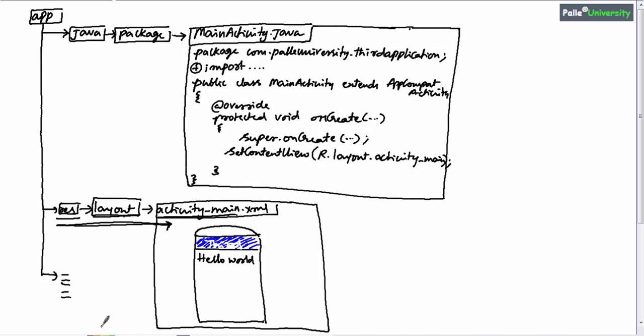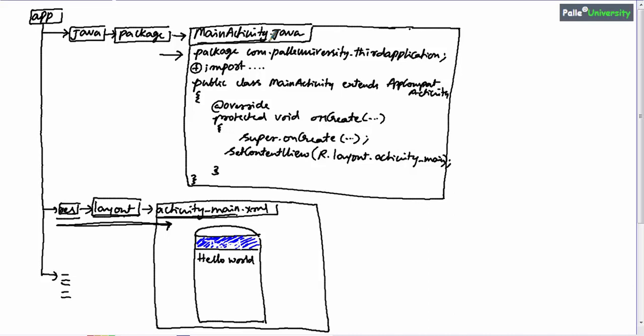If you observe the first line of Java code, which is package com.palleuniversity.thirdapplication. This line is basically saying this main activity.java file is stored in a package folder with name com.palleuniversity.thirdapplication.